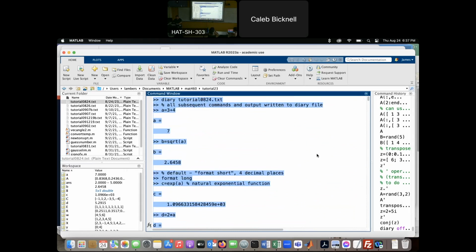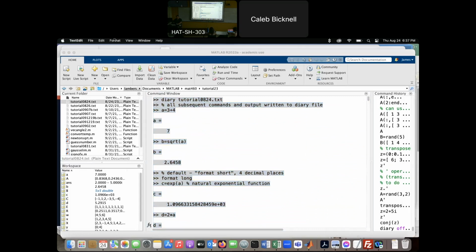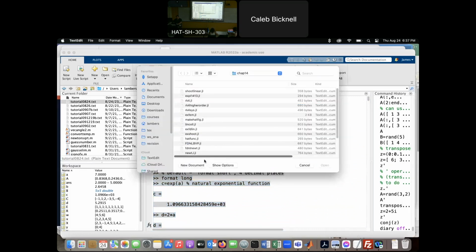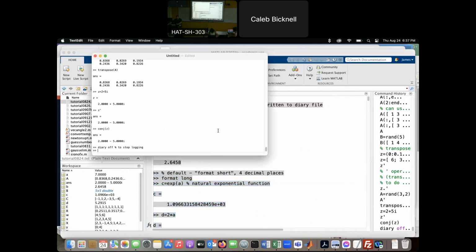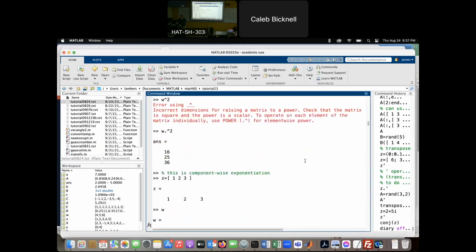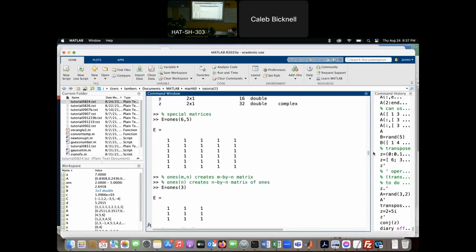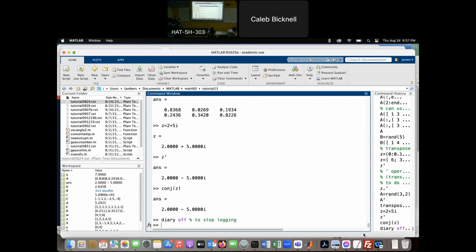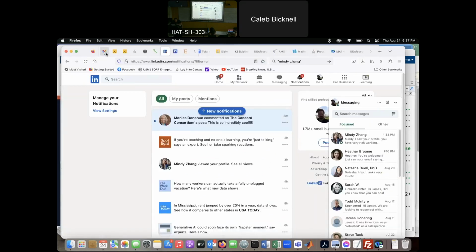Go ahead and copy that, and I'll just paste this into an empty text file for later. Okay, so what I will do is if you look in